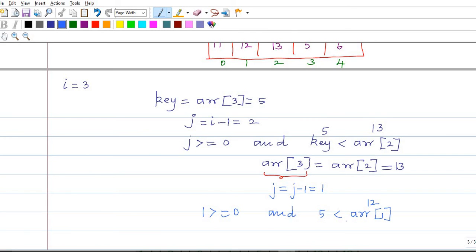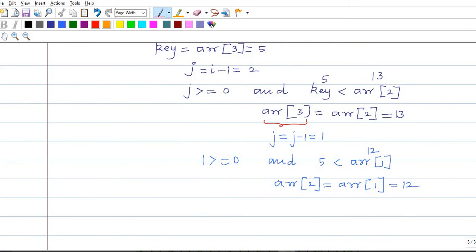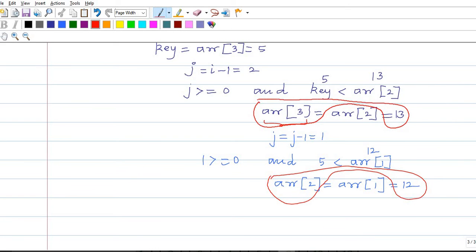Okay, 5 less than 12, so what happens? ARR 2 is equal to ARR 1, so it is 12 basically. So ARR 2 is 12, ARR 3 is 30.